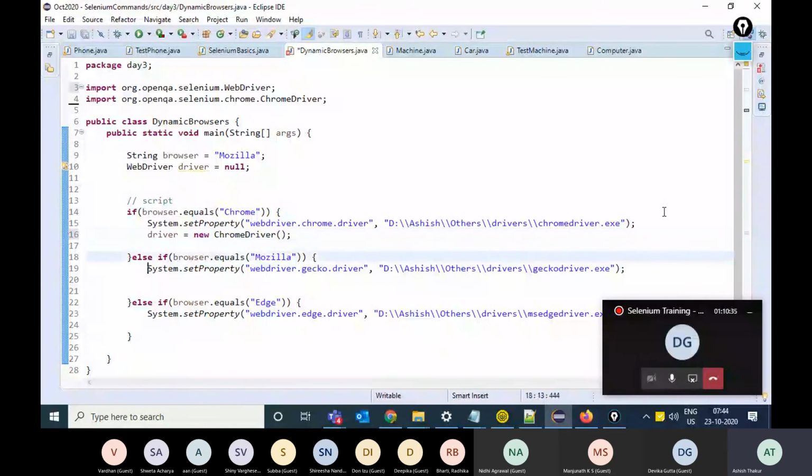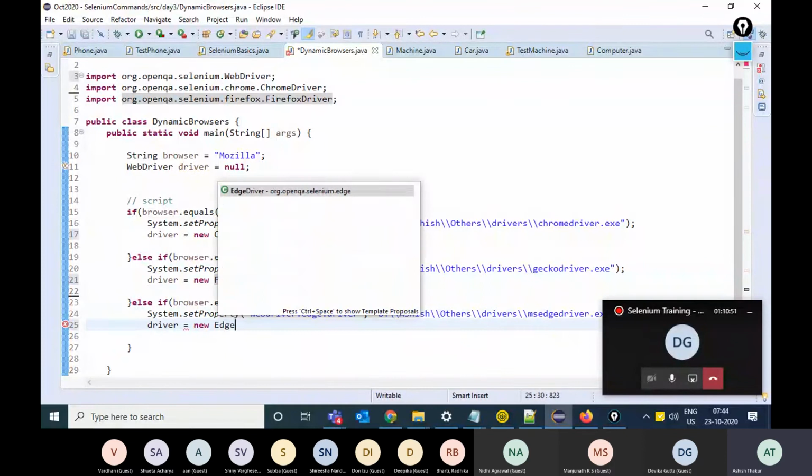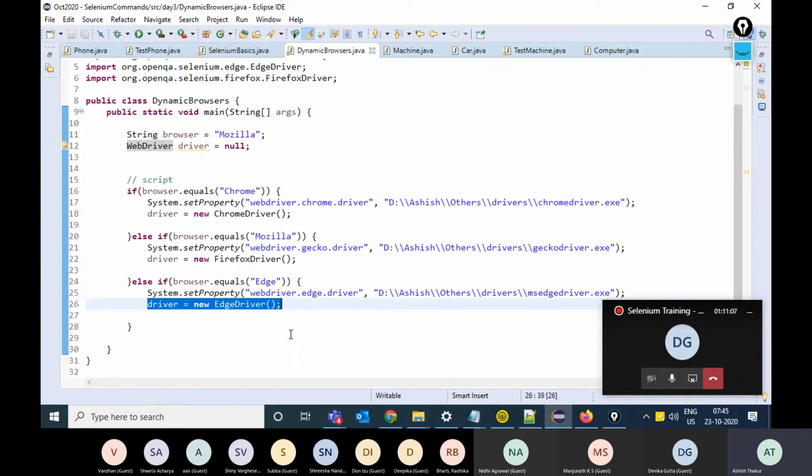In case the browser is Mozilla, you make driver point towards FirefoxDriver. Or in case the browser is Edge, you make the driver point towards EdgeDriver, because the only reason is that all three classes implement the WebDriver interface. So an interface reference I can make point towards any implementing class. And once your browser is launched, once you reach over here, the browser would be launched.